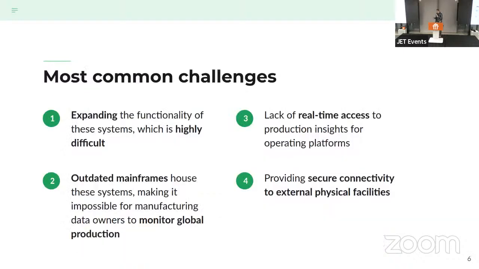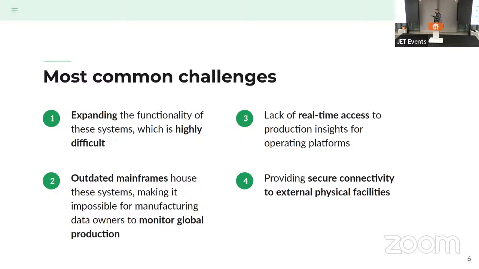A few challenges come with such systems. The first one is that it's super hard to add new capabilities to such systems. Imagine systems written in COBOL, right?